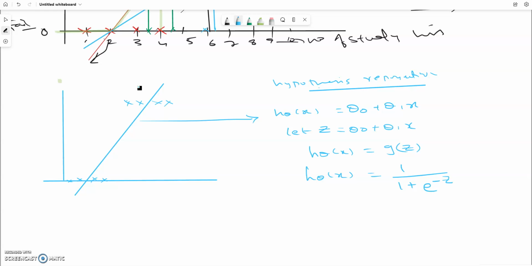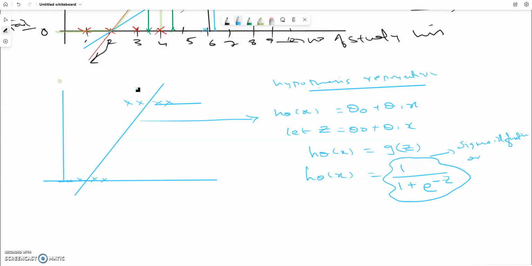Why are we writing like this? Because I just wanted to squash this line like this and like this between 0 and 1. So that's why I'm writing this equation like this. Now this is called the sigmoid function